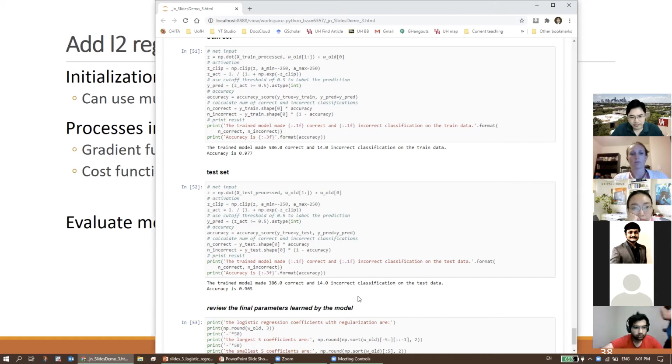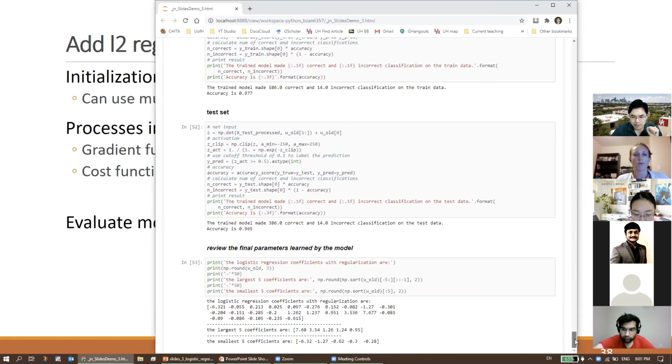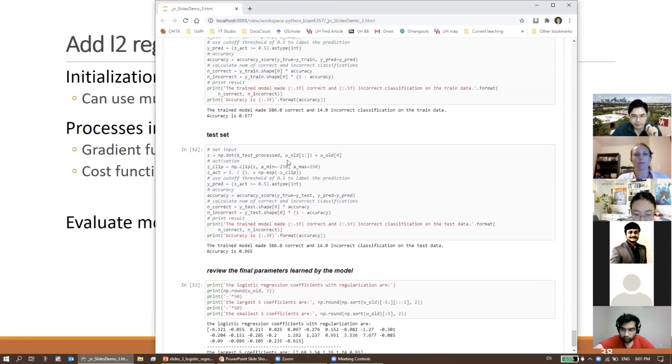So now at least the model doesn't get perfect. This is purely because of the regularization. But in this data set, either version of the model does a good job in terms of the test set performance. So there's not too much to compare other than knowing the effect of regularization on the